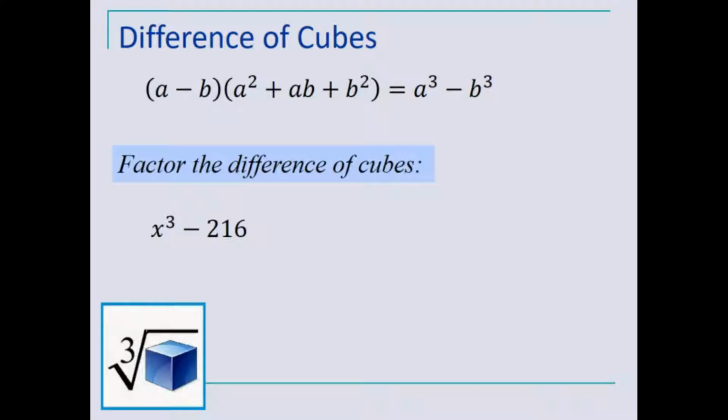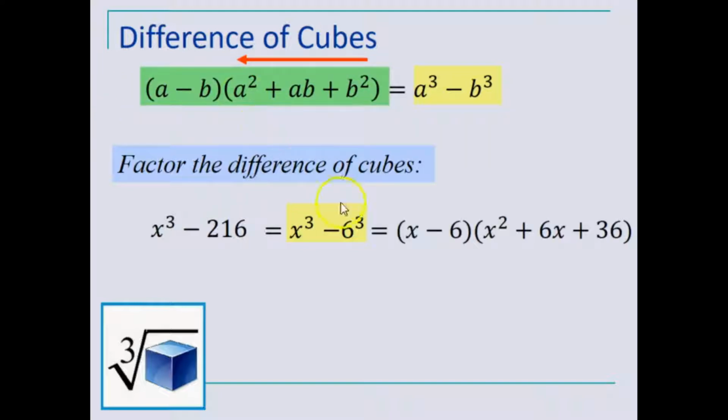Let's look at another example asking us to factor the difference of cubes here. X to the third is certainly a cube, and if you test it, 216 is in fact 6 to the third power. Since it meets the criteria for a difference of cubes, we'll reverse that product for our result in the form of a minus b, the cube root of each of the two terms in our difference of cubes,